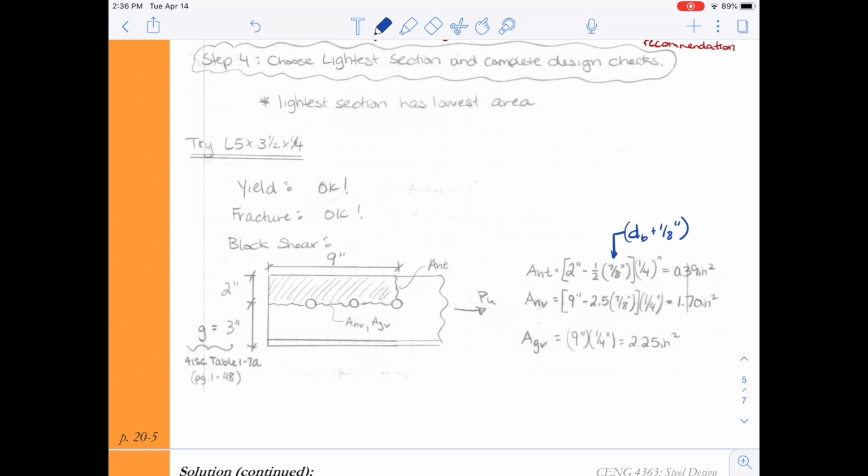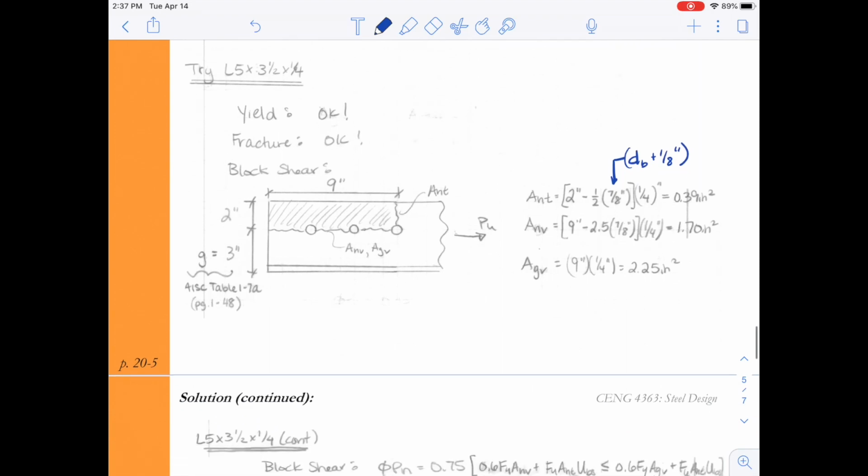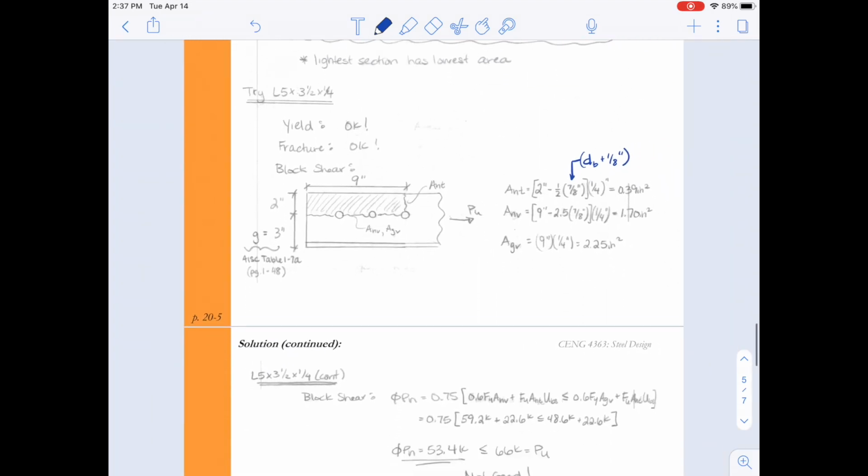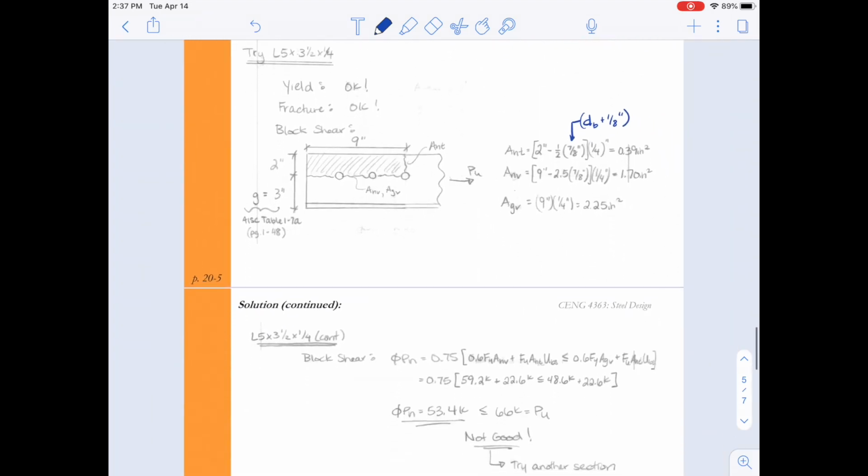I just want to go over kind of block shear. Remember, block shear has the net tension area, and here I've substituted for the diameter of the bolt plus 1/8 of an inch. That's going to be 7/8 inch, so you'll see that in my calculations there. We go through the calculations for block shear and we move on. We have all the net tension area, the net shear area, the gross shear area. We plug them into the equations for the block shear capacity,